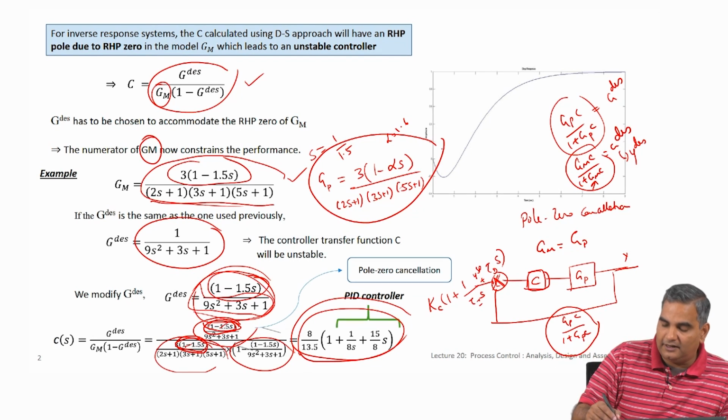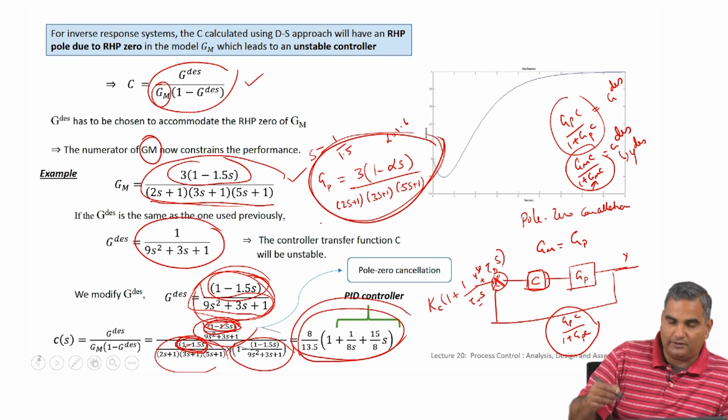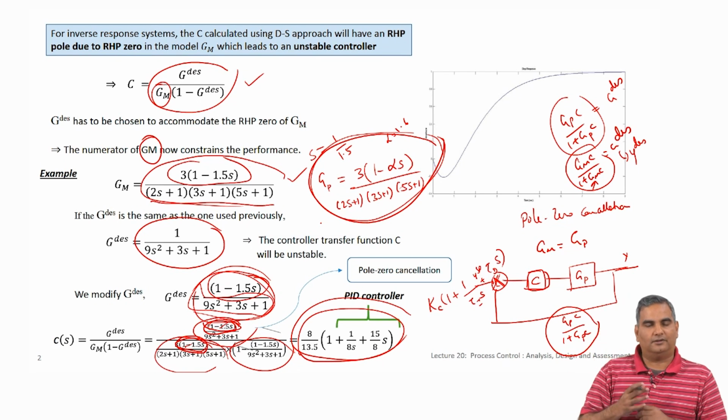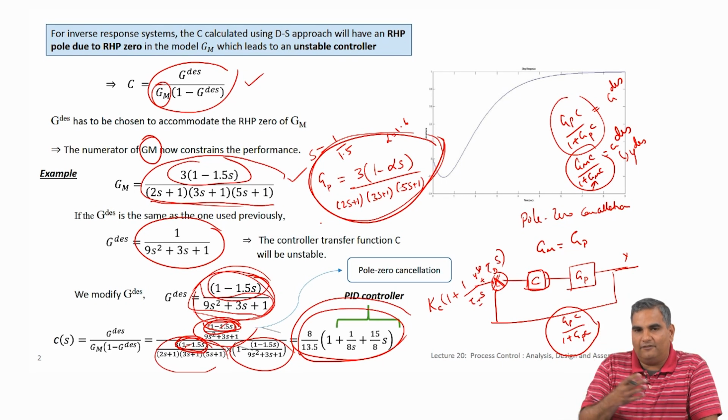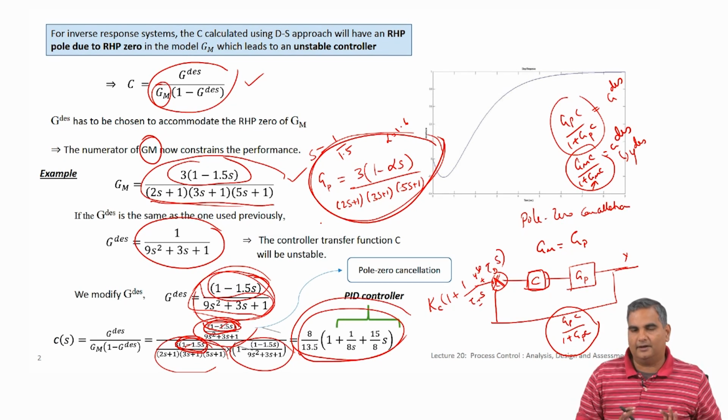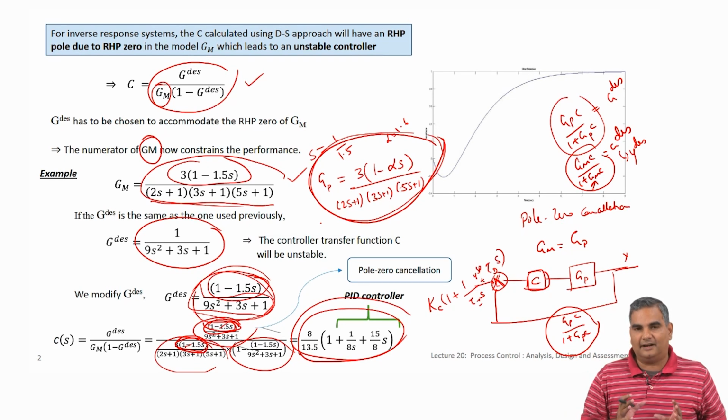And if the variety of G process models that you have tested to check the robustness of the controller spans the whole gamut of the process operations, then you would have a priori a very good idea of how your controller will work when you actually put it into a real process, okay. So, this is a very important idea that you should understand well, okay.